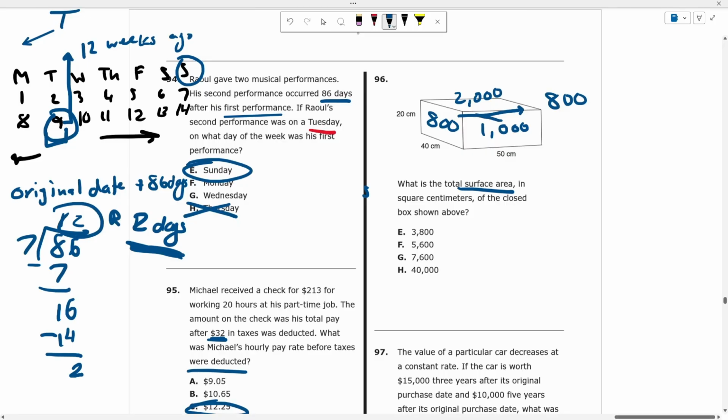There's another side that's directly opposite the 1,000. So there's another side there. And there's another side that's directly opposite this 2,000. So there's another side there. So the surface area is actually 1,000 plus 1,000 plus,